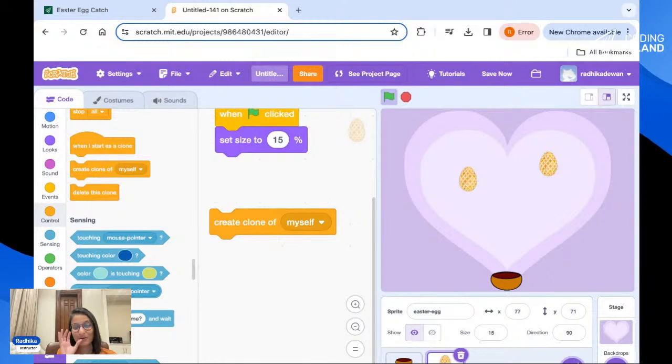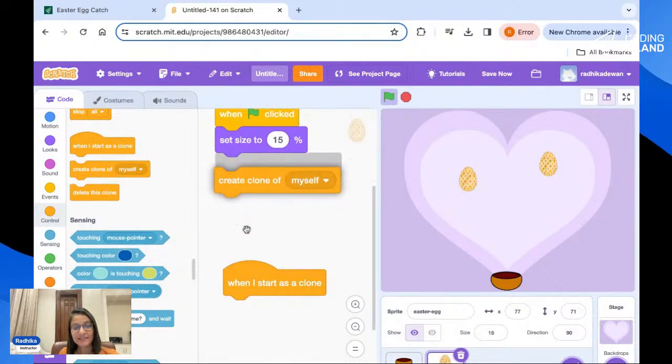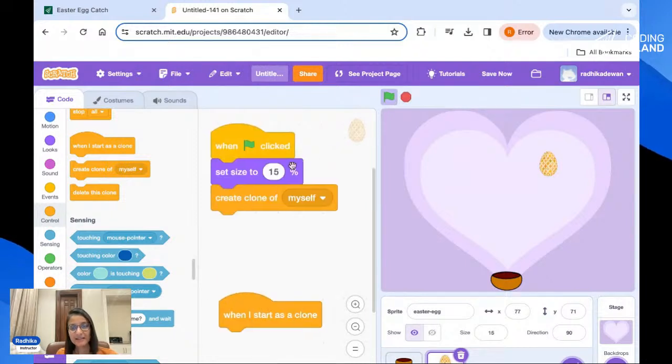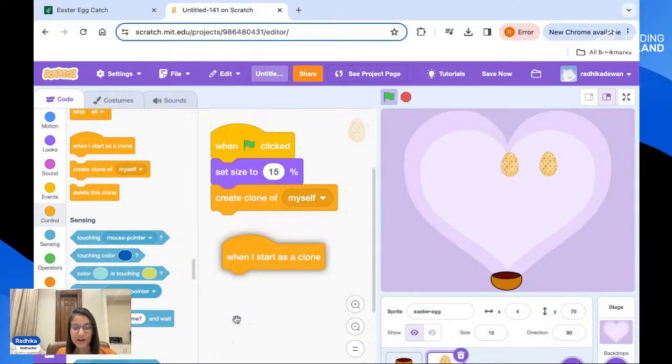So to avoid that confusion, let me show you a small trick. Whatever code you want to write related to the clone will be written under the event when I start as a clone. Okay, so let's say I do this. When the green flag is clicked, I have created a clone, which is this. We don't know which one is the clone. So I'm going to say that when I start as a clone,